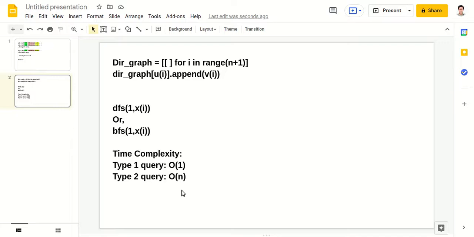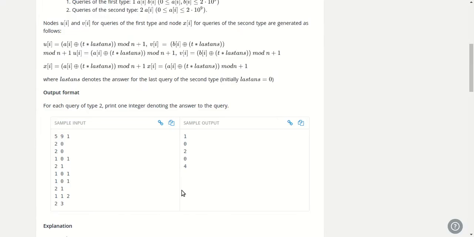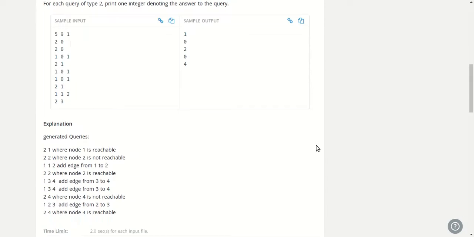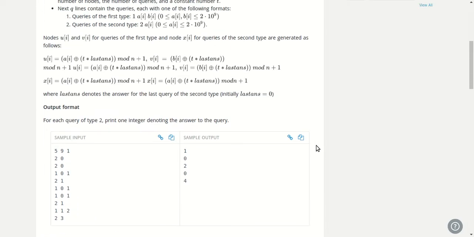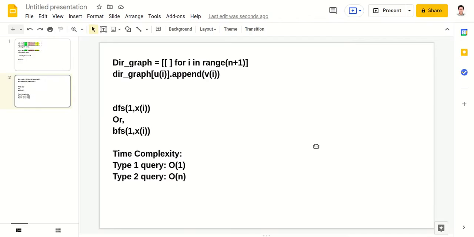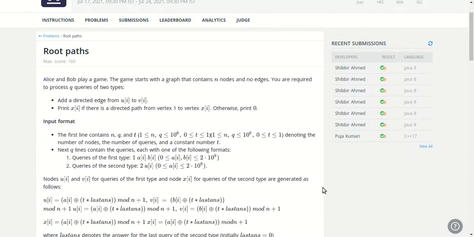So at worst case we have to traverse all the n nodes. So yeah, big O of n it will take. Okay, so this will solve the problem, and that's it guys. This is the hint and the solution of this problem. So basic hint I have given you, so now try to solve it yourself.